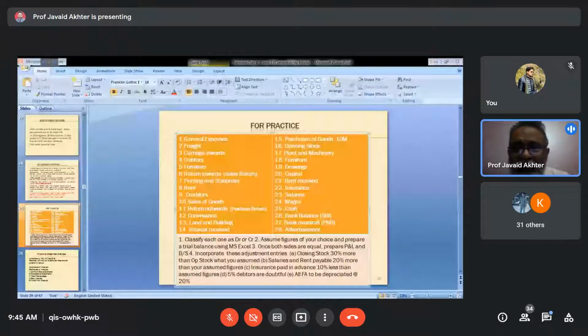ये बिल्कुल इसी तरह है जैसे कार की एग्जांपल, आपने कार खरीदी तो पूरी कार को आप एक्सपेंस दिखाते हैं कि नहीं? आप नहीं दिखाते पूरी कार को, क्या दिखाते हैं? एक्सपेंस। कार को तो आप असेट दिखाते हैं ना। Where do you show purchase of car? In the asset side of balance sheet. What do you show as an expense on the purchase of this car? Don't you show depreciation?